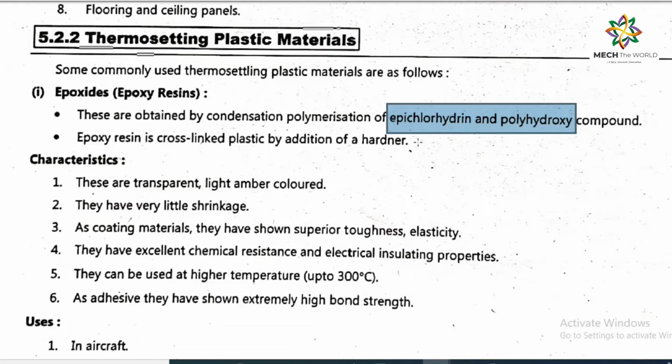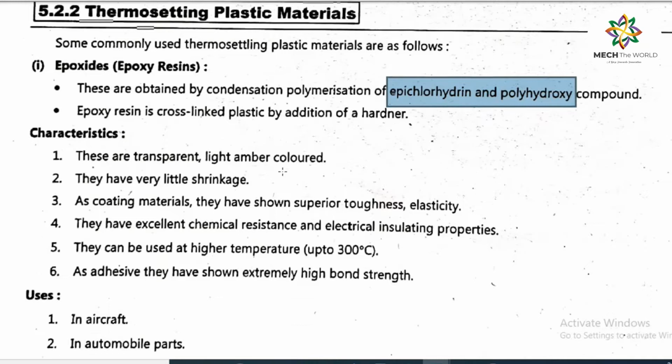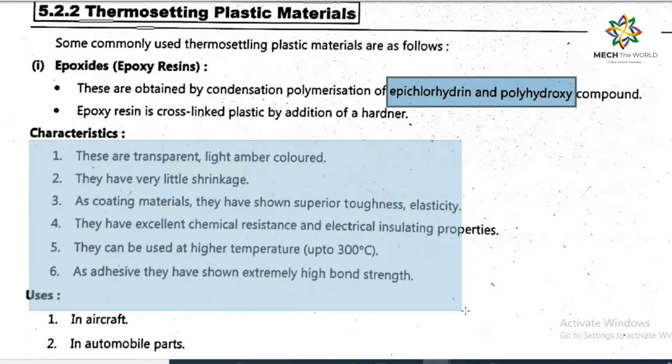So we will make the epoxides in two stages. In the first stage we will perform the condensation polymerization of epichlorohydrin and polyhydroxy compound. Then in the second stage we are going to add a hardener, along with the epichlorohydrin and polyhydroxy compound, to make the epoxides harder, or to increase the hardness of the epoxy resins. If we talk about the properties of the epoxides,